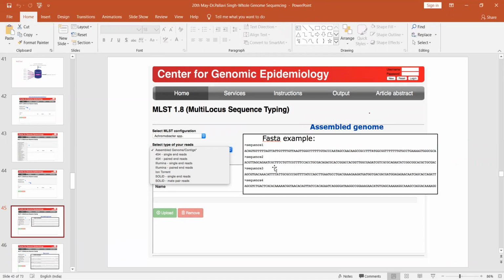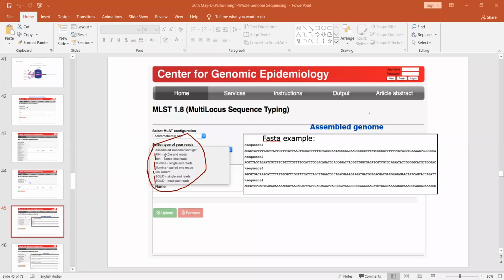Roma ma'am will explain this in her lecture, as there are different technologies. Some of these techniques work by means of synthesis, some work by means of ligation. So NGS works on 4 platforms, 4 methods, which will be covered in detail by Roma ma'am in her next lecture. So you can see the type of reads, and these are the sequencing platforms which I have used: 454, Illumina, Ion Torrent, and Solid.